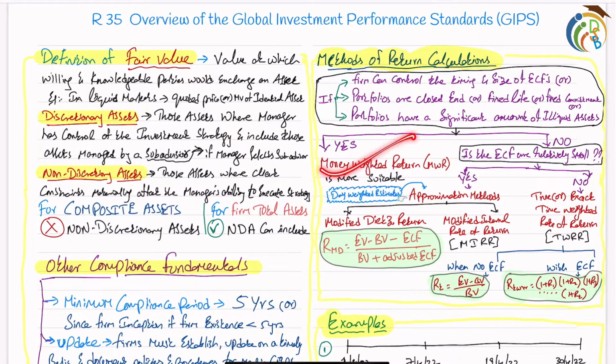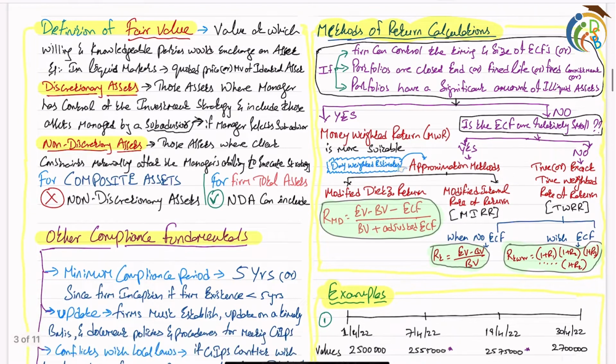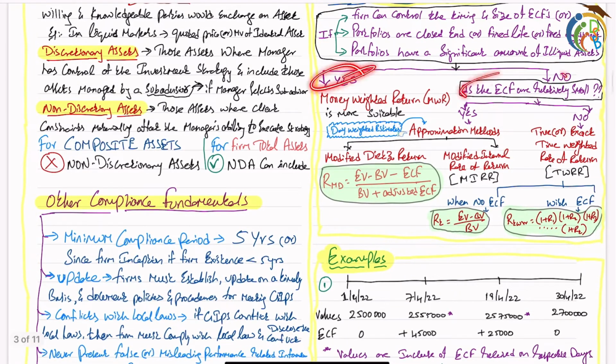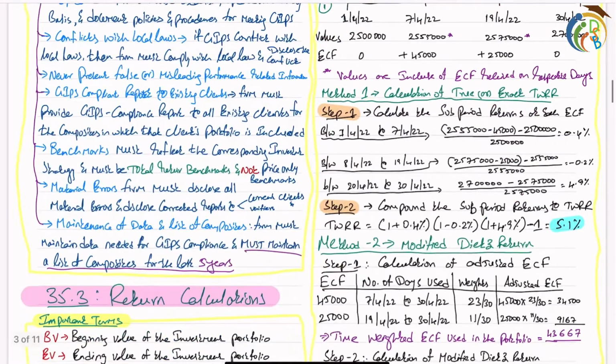And also this particular chapter has given us 3 to 4 methodologies of calculation: money-weighted return, modified Dietz return, modified internal rate of return, and true or exact time-weighted return. So we need to see when to use what. And we have seen the examples